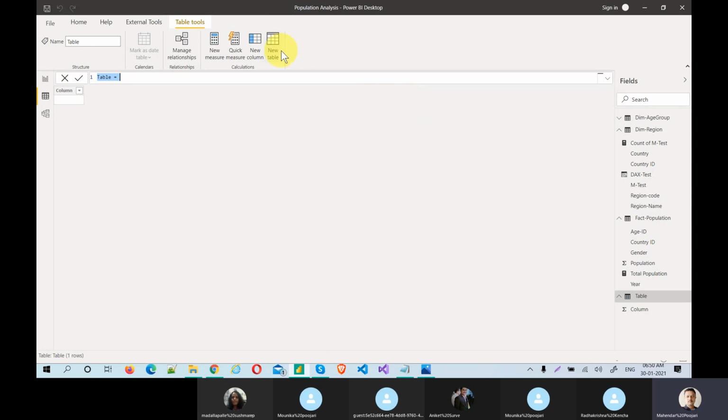When I click new table, it is actually asking you to write the code. In the M code, in the query editor, when I click on the new table, it will open up and ask you to enter the data. But when I click here in the data model, it's asking you to write the code. Now let me write the calendar table.